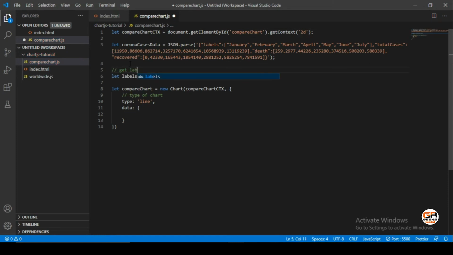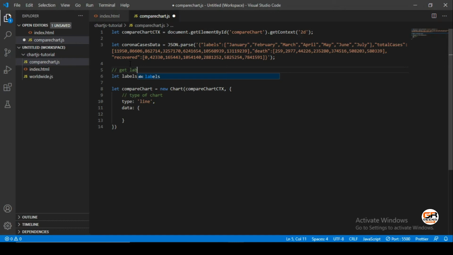Again, for that we will get total cases: let totalCases equals coronaCasesData.totalCases again.